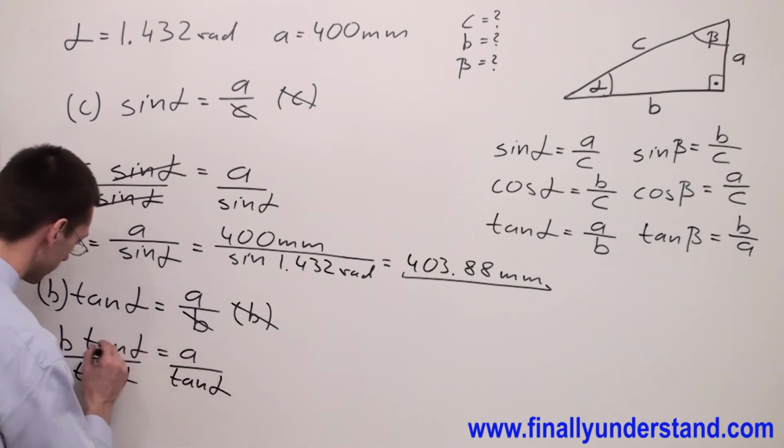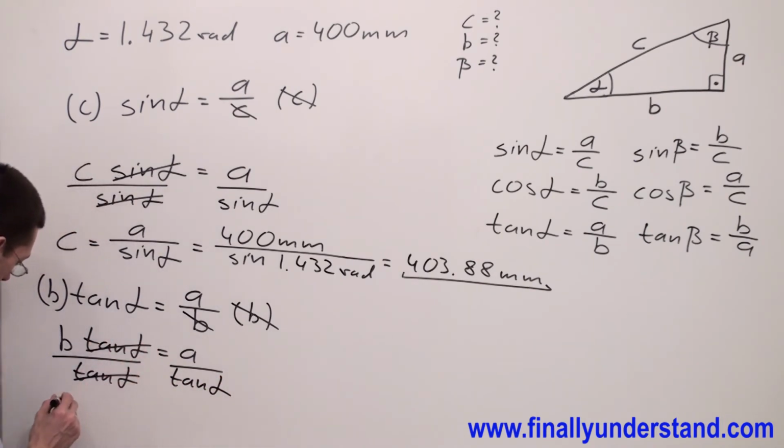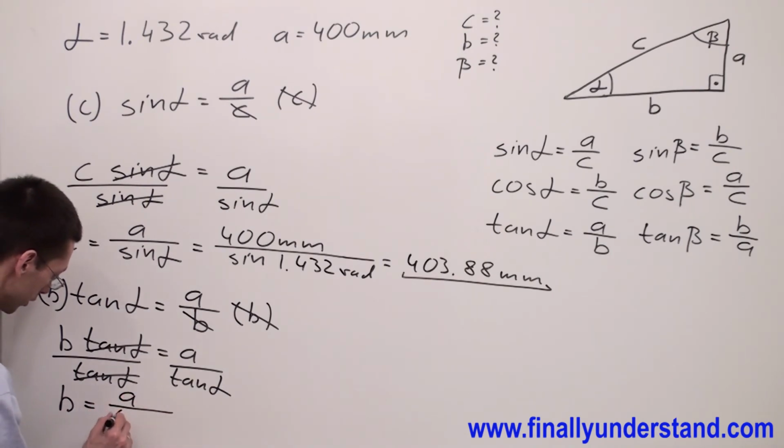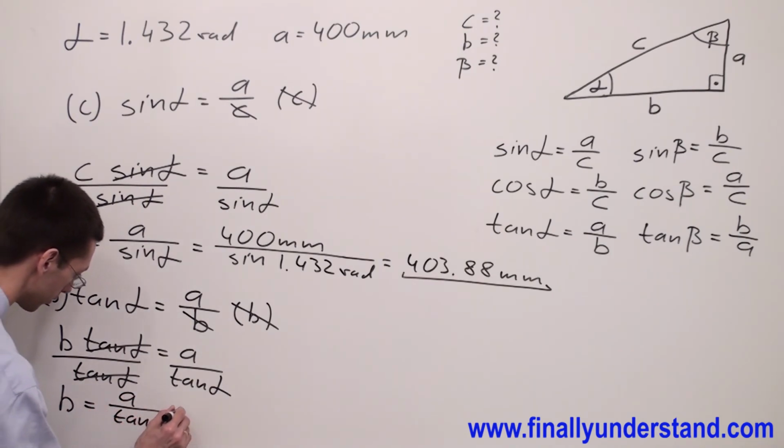Tangent and tangent will cancel out, and I have B is equal A over tangent alpha, which is